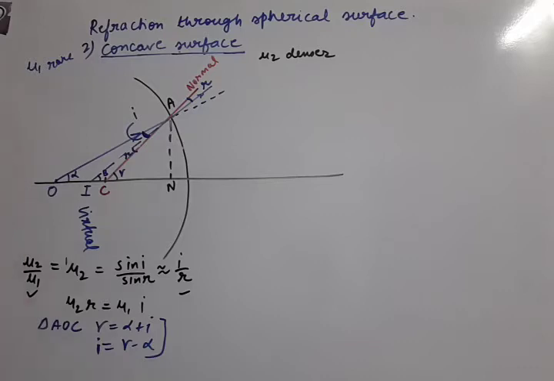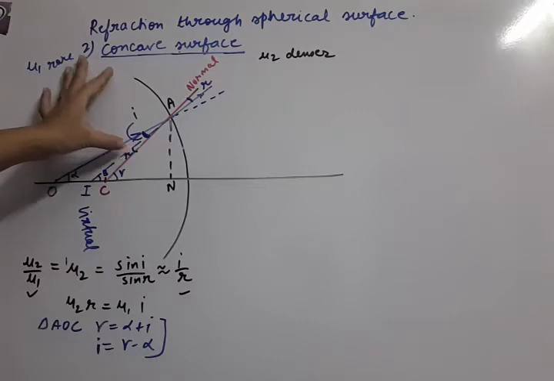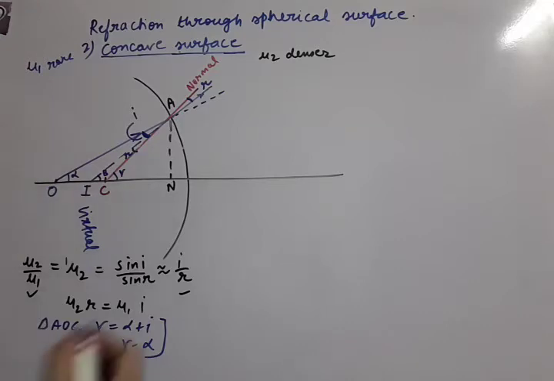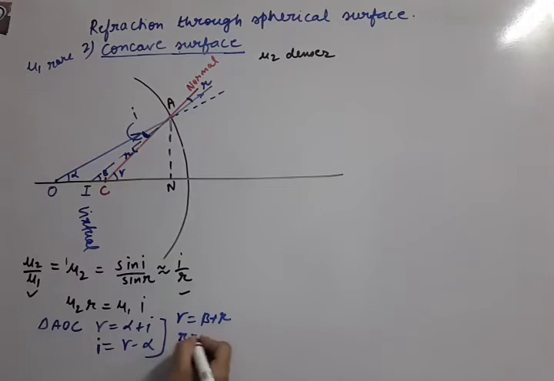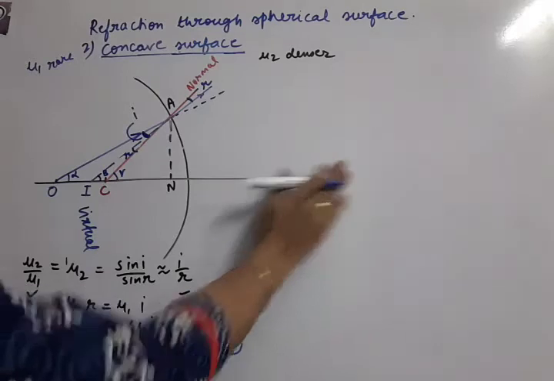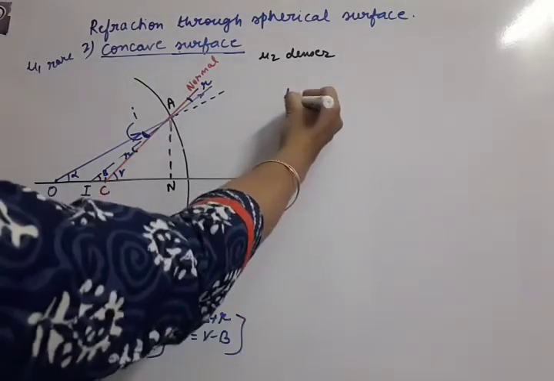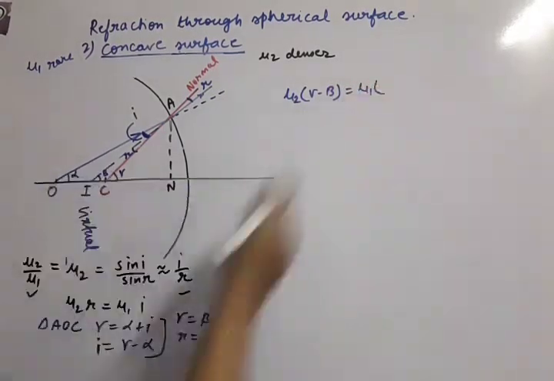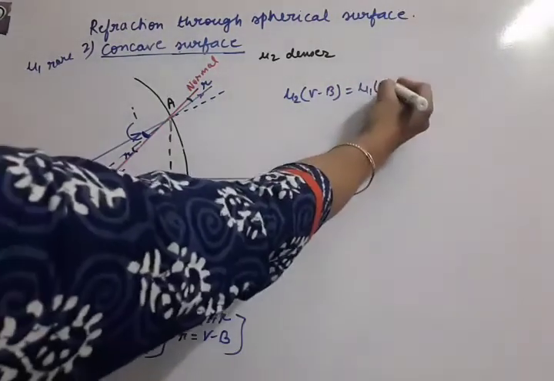Okay. Now let us solve the other angle R. Where is R? You need to search for that angle. You can see R angle is here. It is interior, beta is another interior angle of the same triangle, and gamma is exterior. So gamma equal to beta plus R, so R equal to gamma minus beta. So we have solved I, and we have solved R also. Now we have to substitute it in this relation. So let us start substituting. Mu 2 times the R value, gamma minus beta, and mu 1 times the I value, gamma minus alpha.